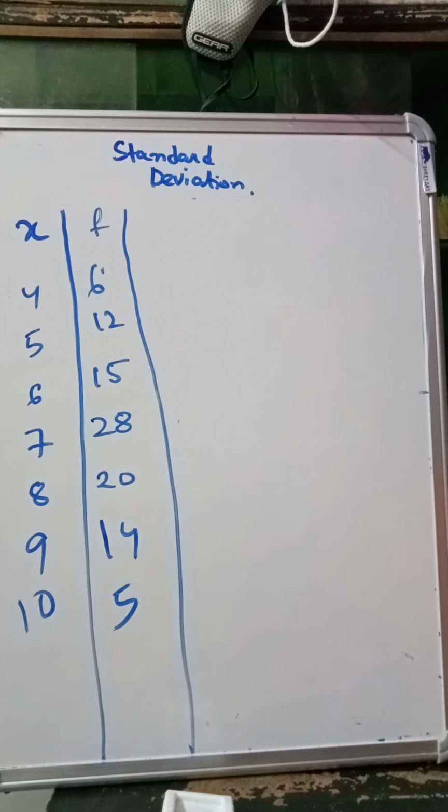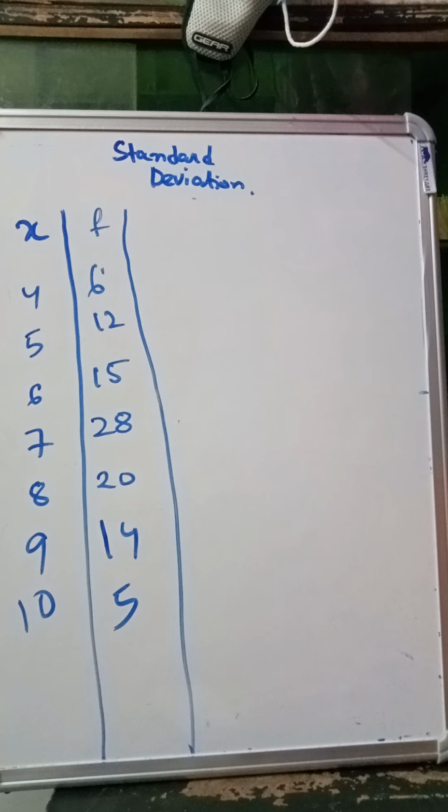Now, in the previous sum I discussed that we should change the origin when the values of the variable are large, but here you can see that the values of the variable are small, so we can use the normal method. But what happens if we use the normal method? After doing the multiplication x into f, we will get 24, then 15 into 12 we will get 60. That number will come very large, and we need to take the square of that number because it's there in the formula. So then again the calculation of the sum will become complex. So for that reason, here also in this sum we will shift the origin.